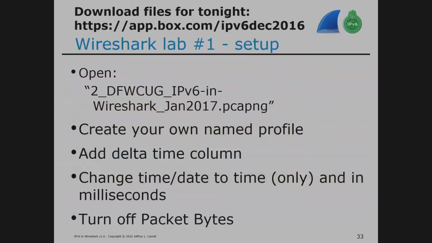If you've got your computer and you've got this file, and if you didn't get the file locally, you'll get it on a flash drive. It's also up on that box.com site. So one of the things I want to do is open up this file and let's create a configuration profile. And then let's get a couple little things set up in Wireshark so that we can actually quickly maneuver through this trace in trying to do a little bit of troubleshooting.